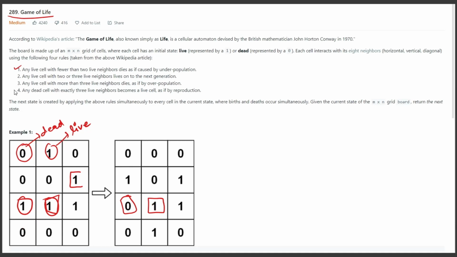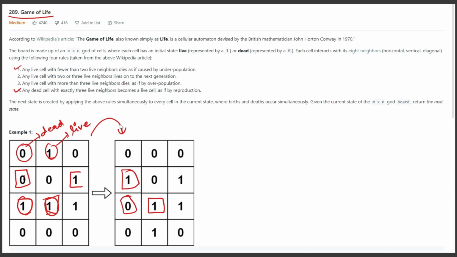So let's see the fourth case: any dead cell with exactly three live neighbors becomes live. Here this cell has 1, 2 and 3 live cells, so it will become 1 in the next state.